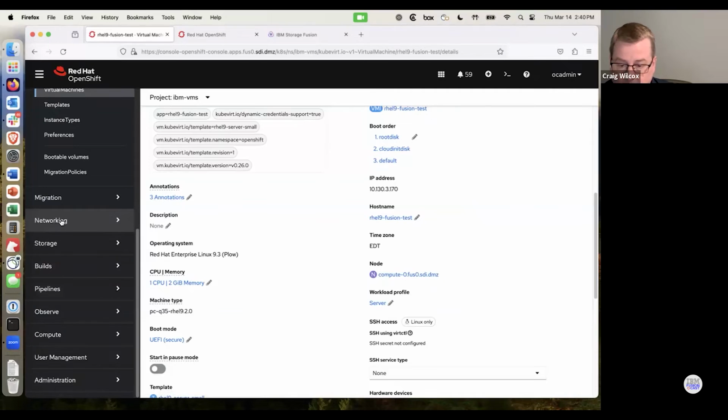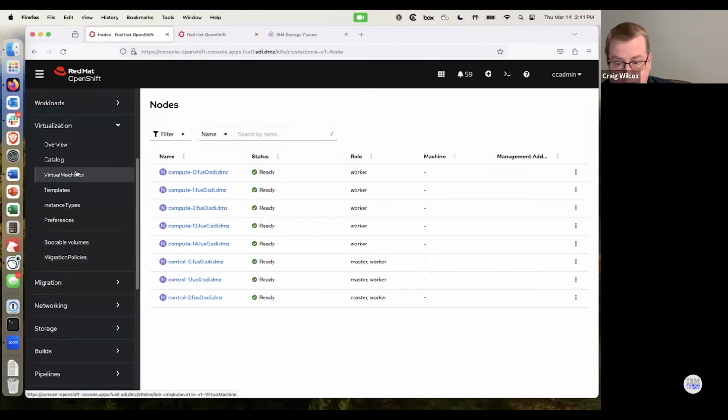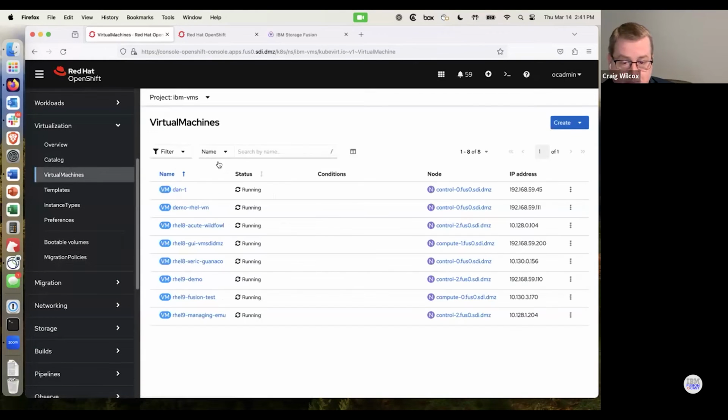If you're new to OpenShift, we'll look briefly at the compute here so you can see what that looks like. This system has 3 control plane nodes, and it has 5 compute nodes. And this particular system for our demo is configured so that the control plane nodes can also run work on them. So when we do a migration, it'll either move from the compute node that it's on to another compute node or possibly to the control plane node. So going back to the virtual machine,